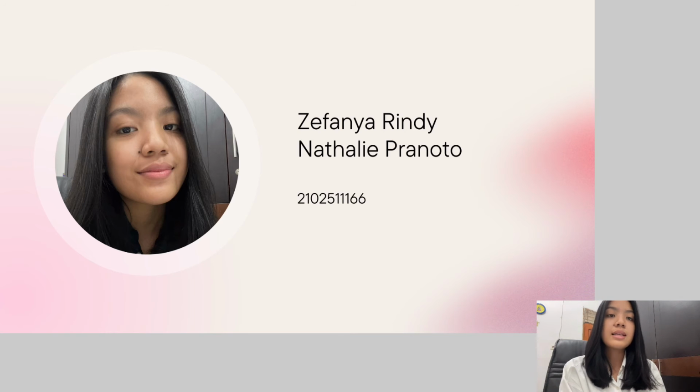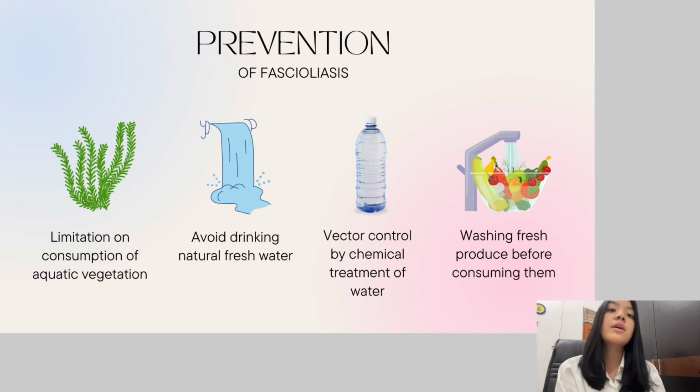My name is Yevgenia Rindi and I will explain the prevention of fasciolitis. Prevention of human infection is achieved by strict control of the human infection sources in each place, mainly in relation to watercress and other metacercariae-carrying aquatic plants, especially in highly human-endemic areas. Drinking of natural fresh water should be avoided, and the likelihood of human infection in urban areas should even be